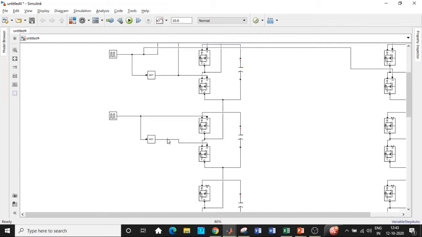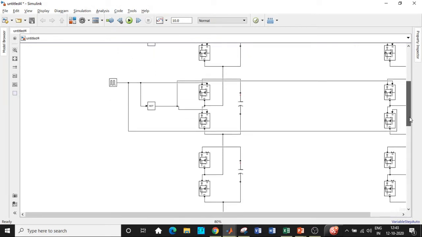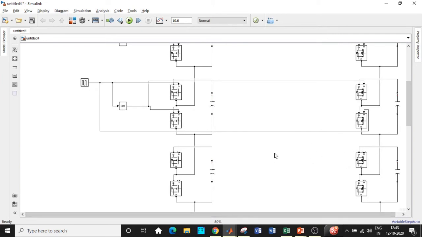Once this is done, take the tapping from this point, give it to the upper leg, connect this from this position and give it to the pulse generator block in this particular fashion. Take the tapping from here. Ensure that they are not connected to any other junctions, like there should be no node formation anywhere else while you are connecting. At times MATLAB forms nodes without our knowledge, so be very, very careful while connecting them.